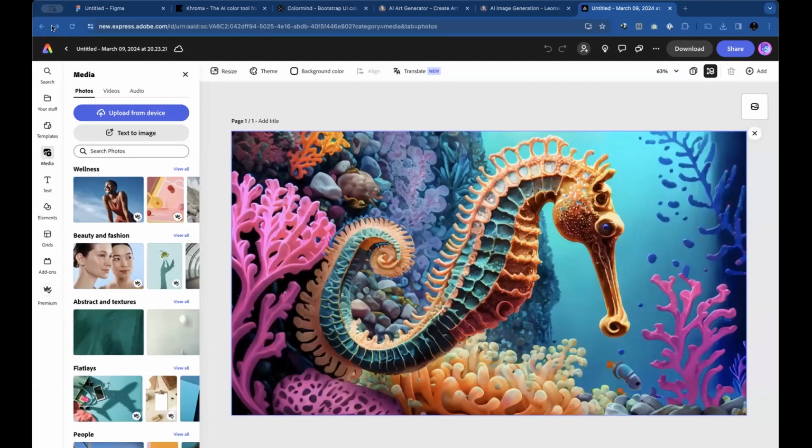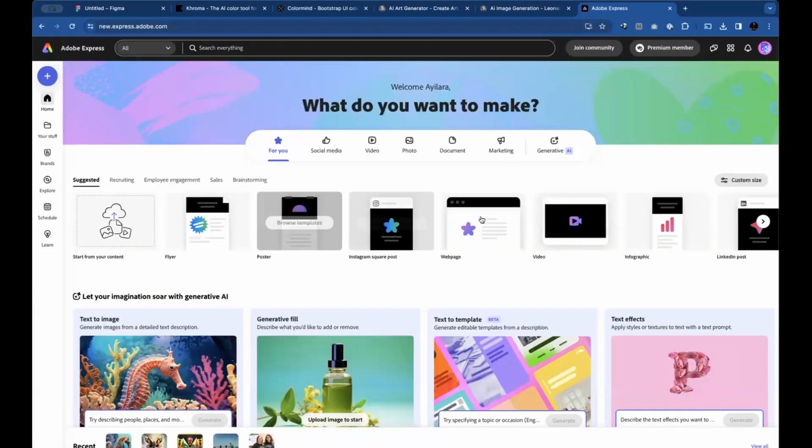So once you put in your details, it will take you to the splash screen. This is the screen that you will get, the one that says, what do you want to make? So as I said, this tool has so many things. You can use it to schedule your social media posts. You can create social media content.